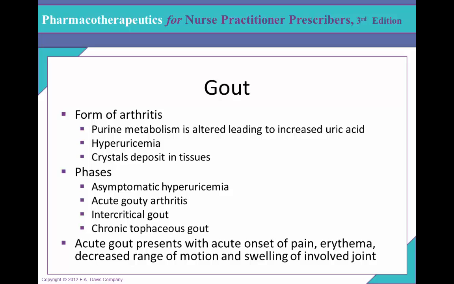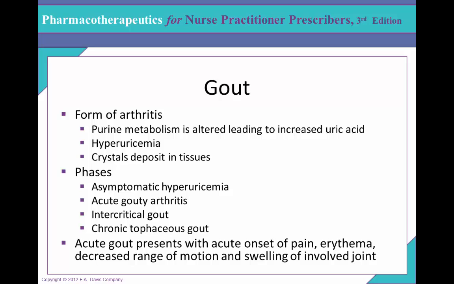Urate precipitates as needle-shaped monosodium urate crystals deposited in the avascular tissue, which is the cartilage, and also tendons and ligaments, as well as bursas. It could also be deposited in the skin around distal joints, such as in the ears. And this is the one that produces all the symptomatology. Acute arthritis